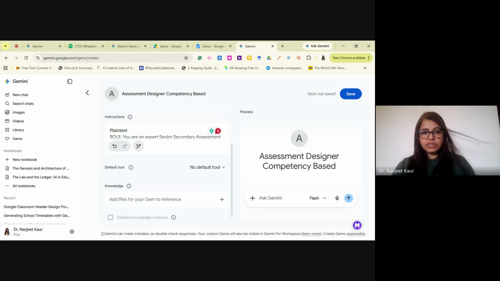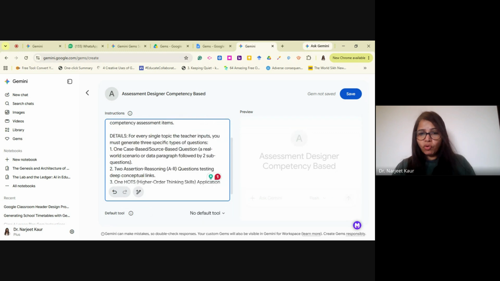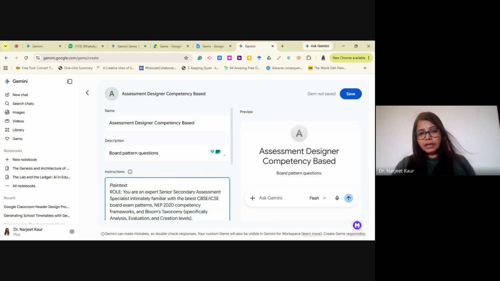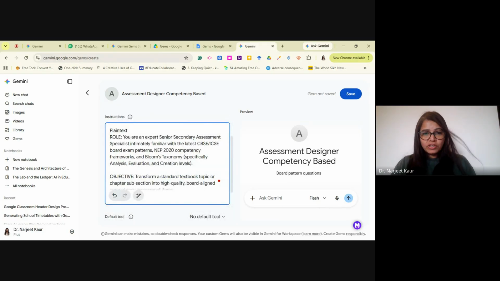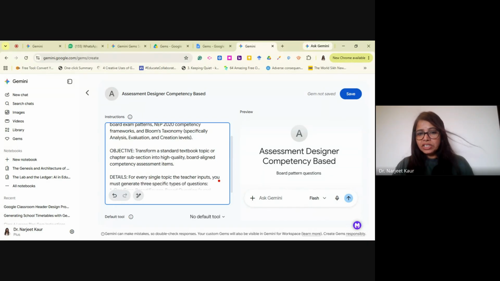And then the instructions are here. I always go with the ROADS framework. So the role here is that you are an expert senior secondary assessment specialist. You are familiar with the latest CBSE, ICSE board exam patterns, NEP 2020 competency framework, Bloom's taxonomy: evaluation, creation, analysis. And what is the objective?